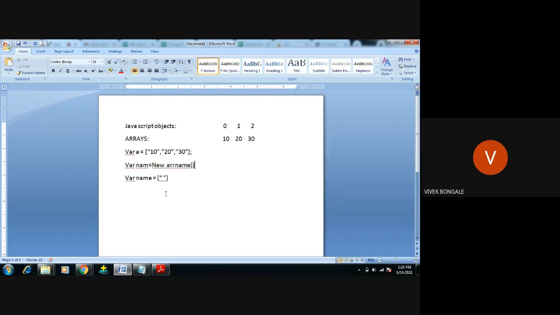And we can also use the for loop to do one particular task. For example, I want to display all these values, 10, 20, 30, the three values. How do I display all three values? I will not send any parameter under this array. I will use a for loop, and with the help of that loop, all the array values will be displayed.